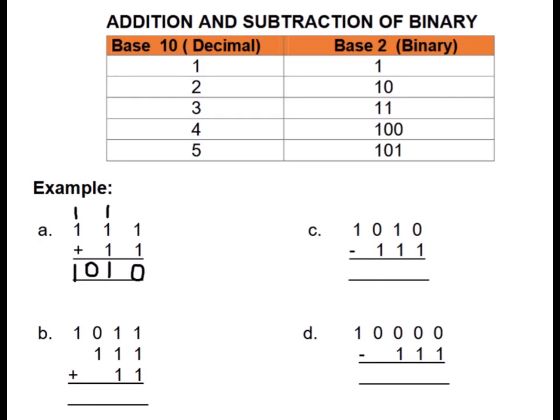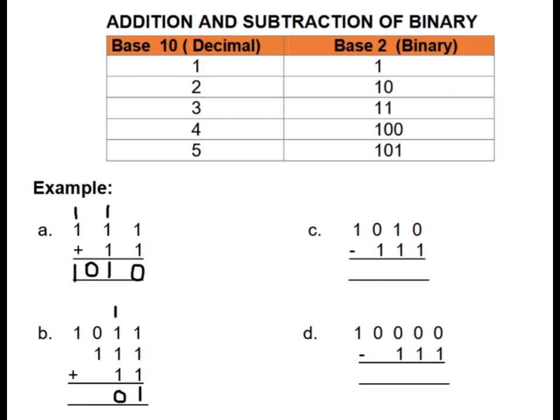We have 1 plus 1 plus 1. That is 3. 3 in base 2 is 1, 1. So I'll be writing 1 and take 1 to the next side. So don't forget our addition is in base 2. So we have 1 plus 1 plus 1 plus 1. That is 4. 4 in base 2 is 1, 0, 0. So I'm going to write 0